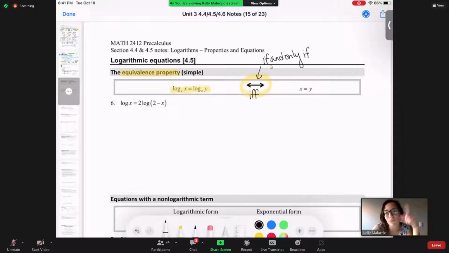And again, math people love to shorten things, be lazy, and then say it means something, whether it makes sense or not. And this to me does make sense. Like if and only if, writing that out, why would I? So using this double arrow or using IFF, those are also good. But it's if and only if X equals Y, right? If your bases are the same and you're doing log of both sides, then X and Y have to be equal. That is the only way that this first statement is true. Which tells us that log is a one-to-one function